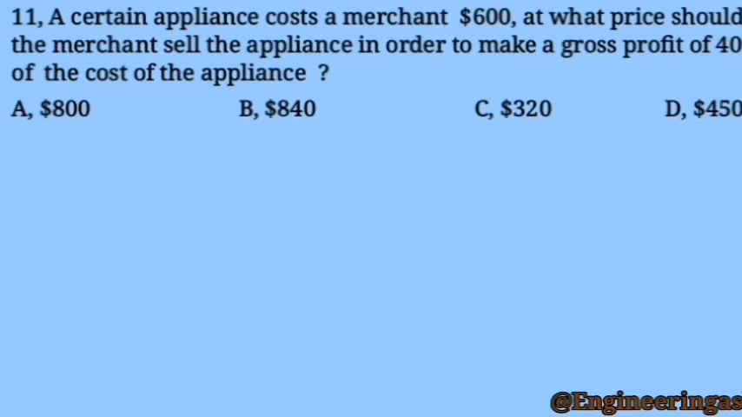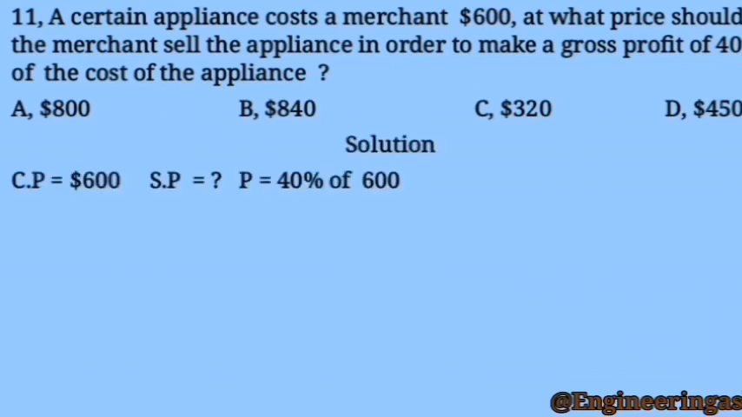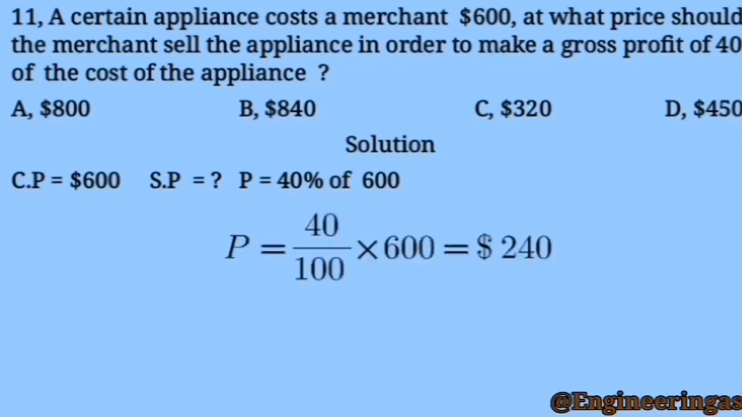So we need to list out the given data. Cost price of the equipment or the appliance is $600. Selling price is the required data, and the profit should be 40% of the cost price, which is $600. First, we need to calculate the profit. Profit will be 40 over 100 times 600. It will be